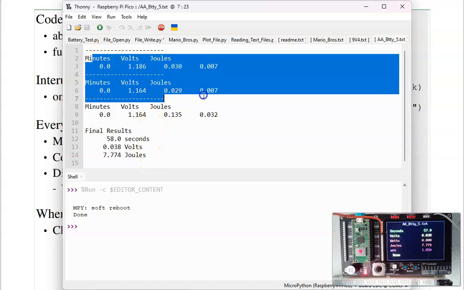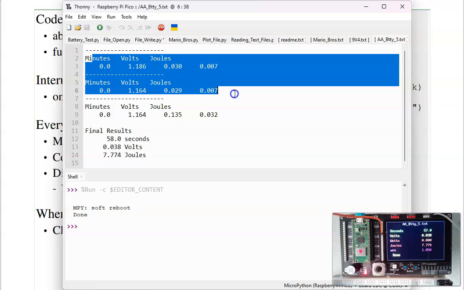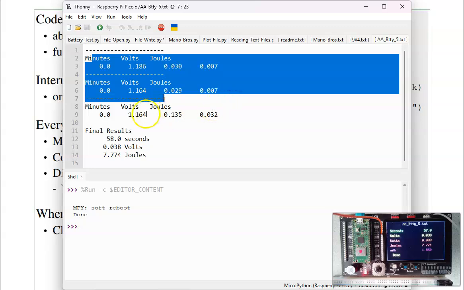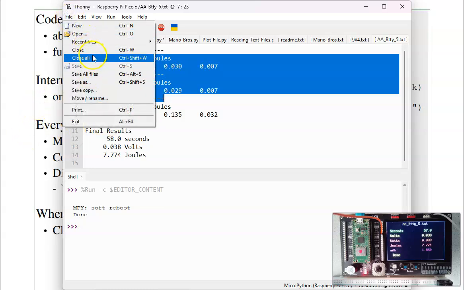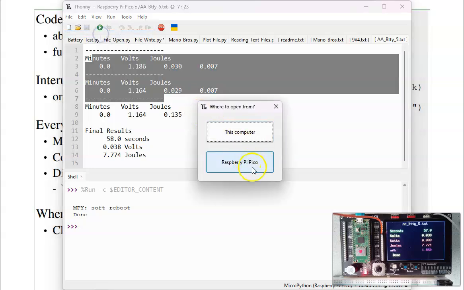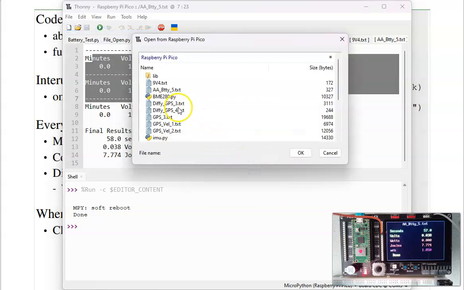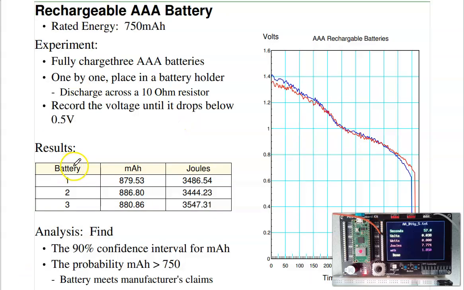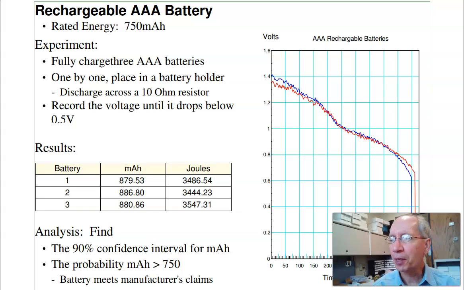This part up here, when I open the file, I open it as quote A, append. So it appends to the old file, and you get columns of data. What one of those files looks like, if I do open from Raspberry Pi, is this. The files aren't on my Pi Pico anymore because I ran out of memory, so I had to delete them. But anyway, if you took that file and plotted it, here's what the voltage looks like for a AAA